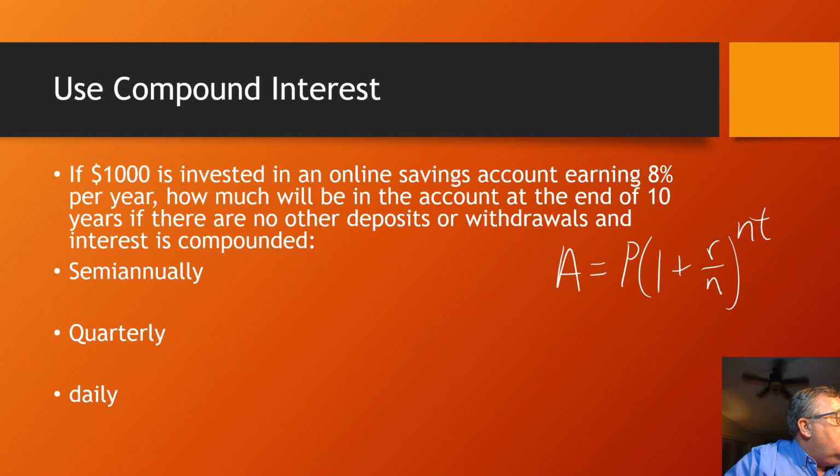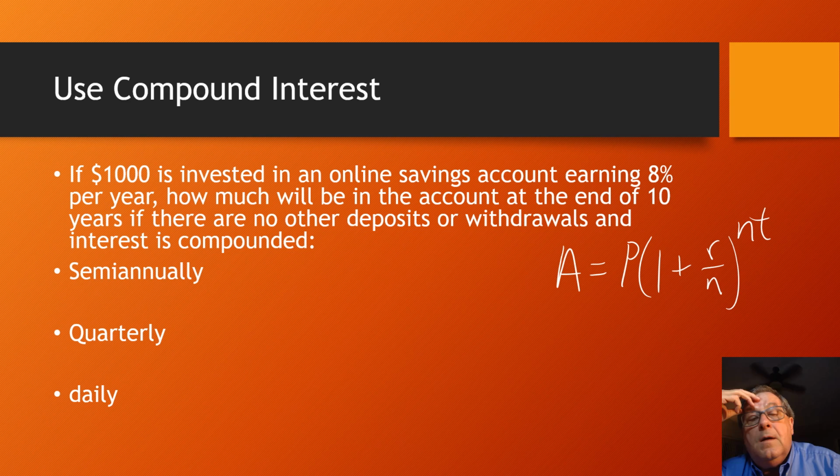Okay, now what does all that mean? All right, so A is the account value. This is what we hope to achieve after the interest is compounded for a while. P is the principal, the amount of money we start with. 1 plus R, the R is the rate of return expressed as a decimal. N is the number of compounding periods. And then that's all raised to the power of N times T. N again is the number of compounding periods, and T is the amount of time for which the money